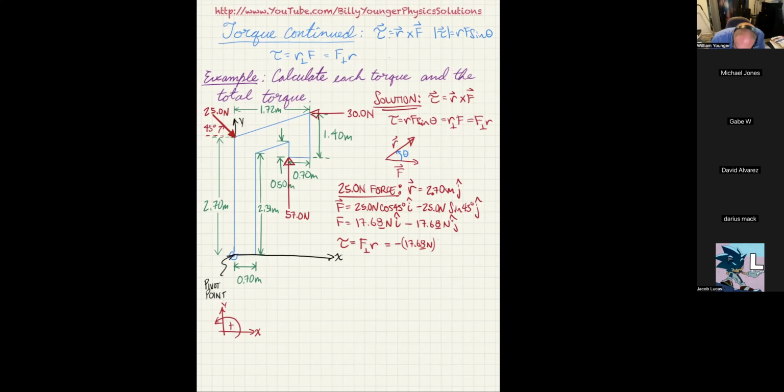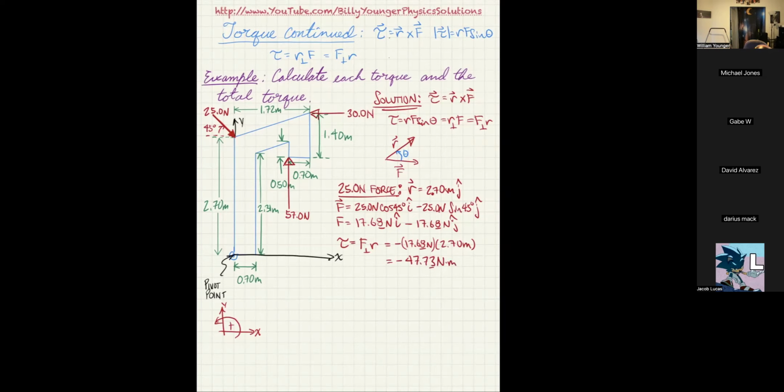And then I'm going to multiply that by the lever arm, and that's 2.70 meters. So I automatically get 17.68 times 2.70, and that gives me negative 47.73